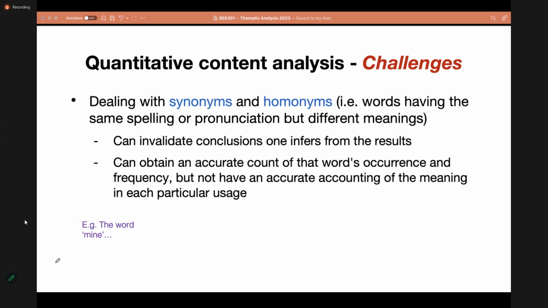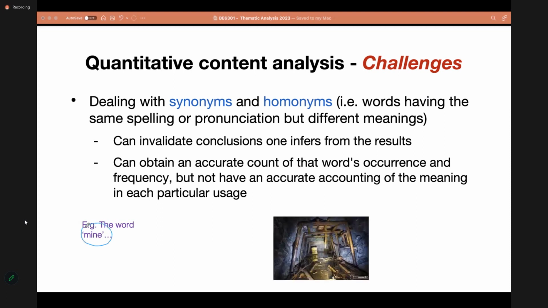And then homonyms means it is the same word, the same spelling, the same pronunciation, but the meanings are different. For example, if you consider the word mine, M-I-N-E, how many different usages can there be?